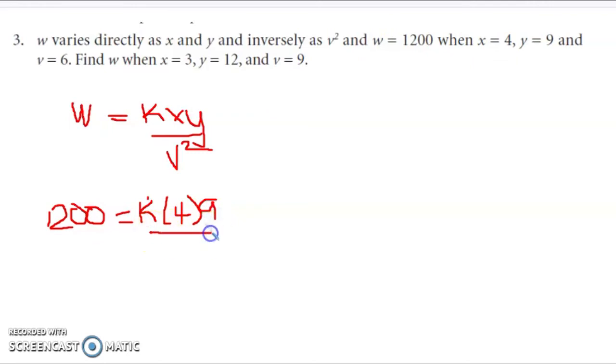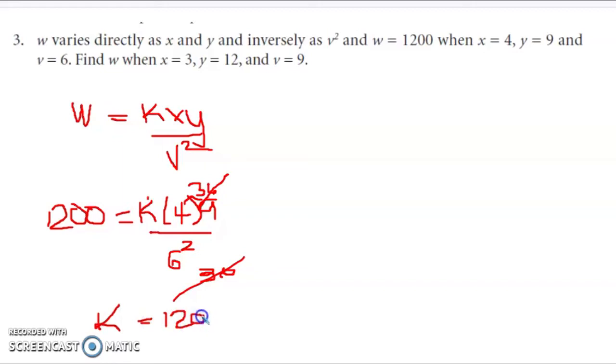And your V is 6. So take note that that is squared. Now, before doing the cross multiplication, let us simplify this part. 4 times 9 is 36. And 6 squared is 36 also. So I can already divide this. 36 divided by 36 is 1. So K now is equal to